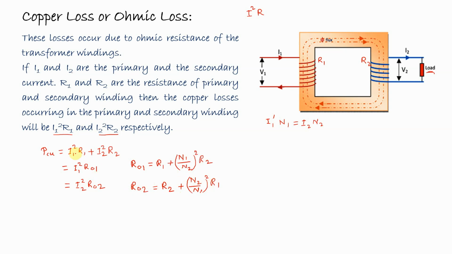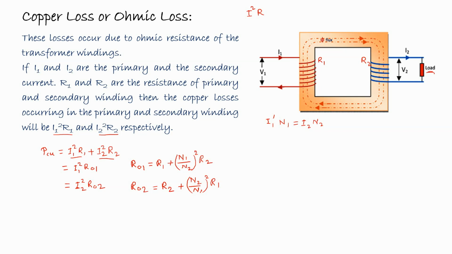So instead of calculating the ohmic loss in primary and secondary separately, we can use a single calculation to find the total loss, either using the primary current or using the secondary current. And it can be seen that the value here will be exactly the same as the value we get here. That means if we calculate the ohmic loss separately, or if we calculate by using the equivalent resistance referred to primary or referred to secondary, then the value of the copper loss will be the same. There will be no changes.